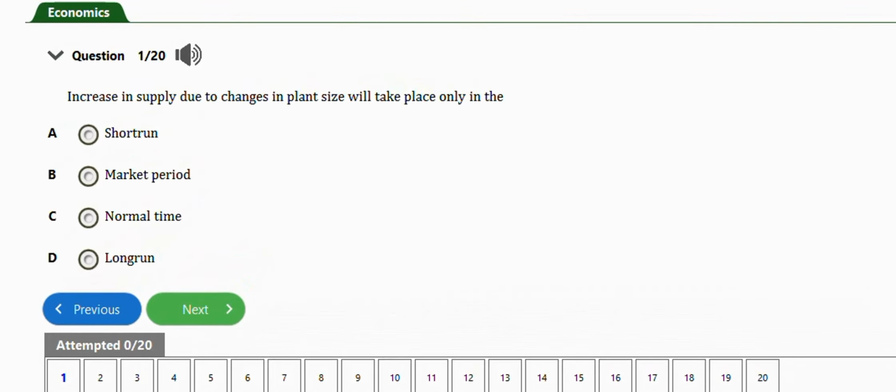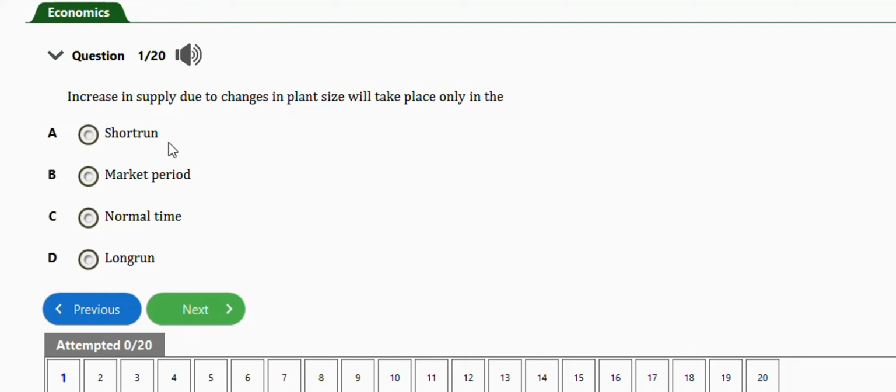In this video, we are going to learn how to solve these JAMB economics problems under the theory of supply. So we are going to focus on the subtopic meaning, determinants and types of supply, and we have about 18 to 20 repeated questions to practice from the video. Let's get started. The first question says, increase in supply due to changes in plant size will take place